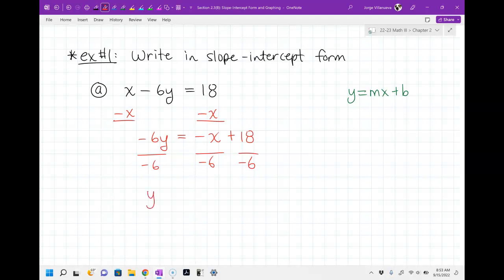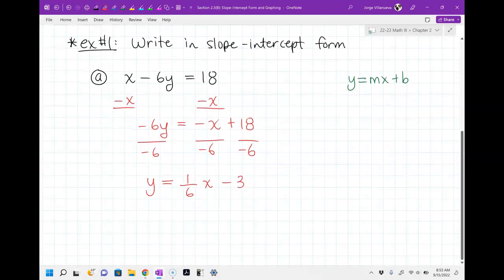So, y equals, well, I know on the x it just says negative x, but isn't there a 1 there? Yeah. Like an invisible 1, right? We don't see it, but it is there. So a negative divided by a negative is a positive. So this actually becomes 1/6 x. And then 18 divided by negative 6 is negative 3. And that's it. This is all you have to do for homework, but let me just take it one step